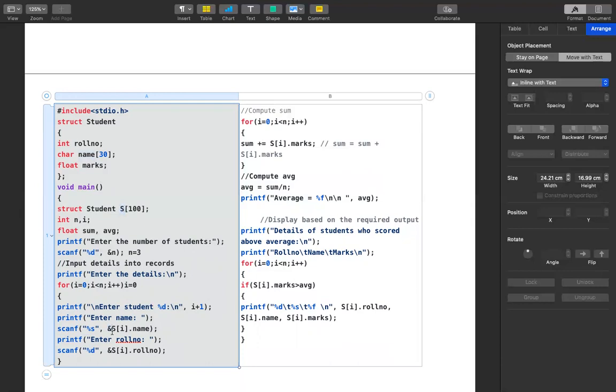So you can clearly see that we are writing s of I. So what is s of I? The first student detail should be saved where I value is now 0. So s of 0 dot name, that means the first student detail will be stored in the array s of 0.